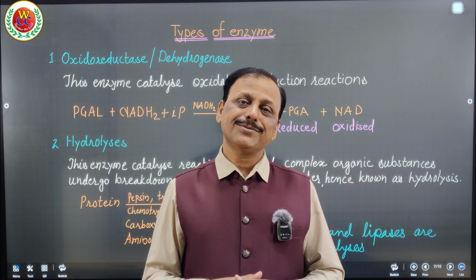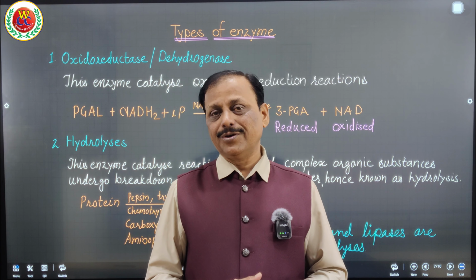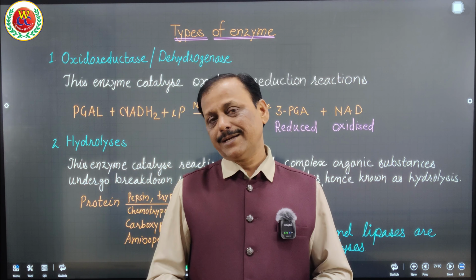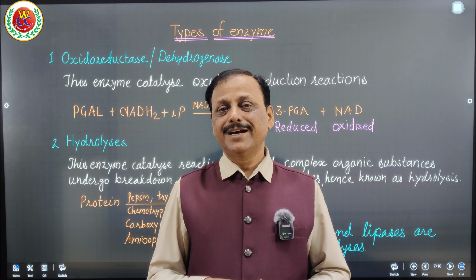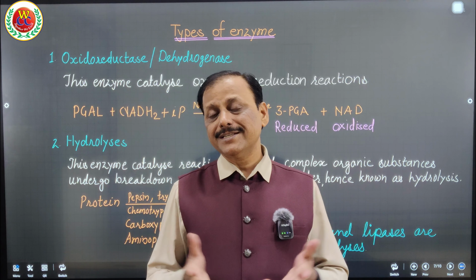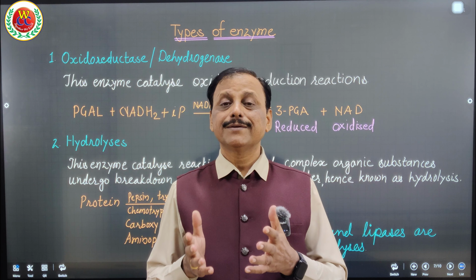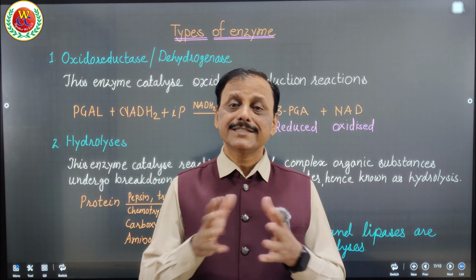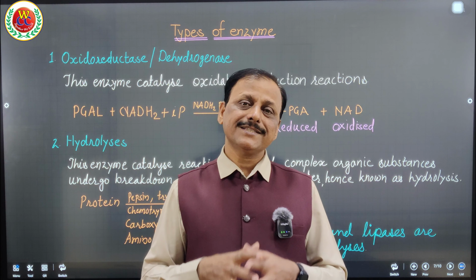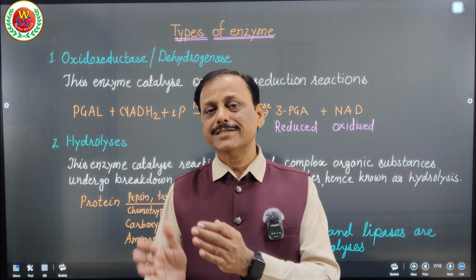So you know that in the digestive system, more than 10 to 15 enzymes play a role in breakdown of complex organic compounds such as protein, carbohydrate like starch, and fat. For protein, you know that aminopeptidase, carboxypeptidase, trypsin, chymotrypsin, pepsin, these are the hydrolytic enzymes. Amylases, salivary amylase, pancreatic amylase, intestinal amylase, they are also hydrolytic enzymes. Lipases, again intestinal lipases and pancreatic lipases, they are also hydrolytic enzymes because they break complex organic substances into simple ones